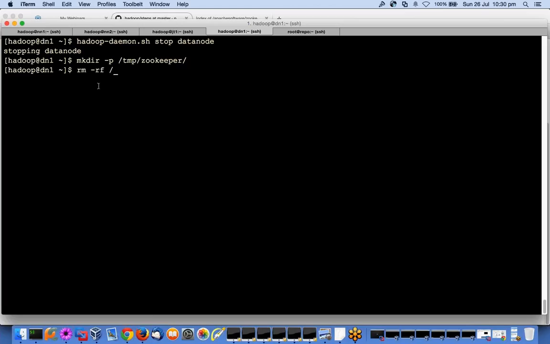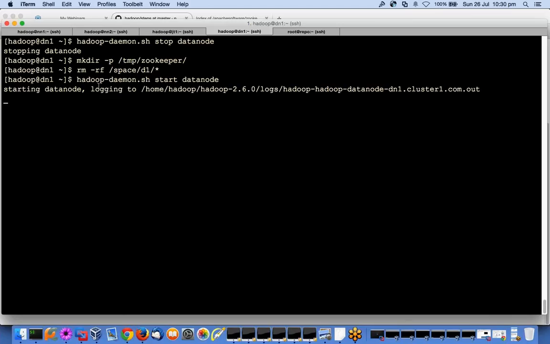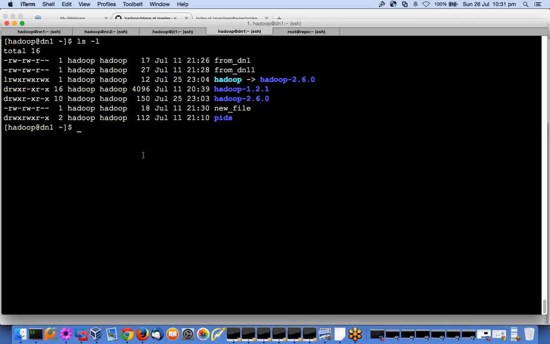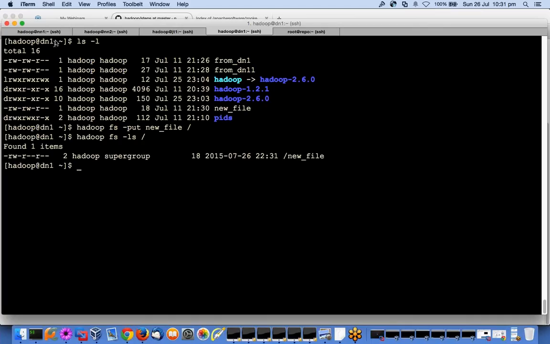rm -rf slash t1. Let me clear it, and I will start data node here. Let me start data node. ls -l, hadoop fs -put new file to Hadoop cluster. Right. So now